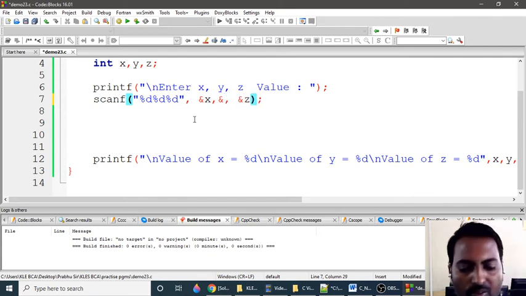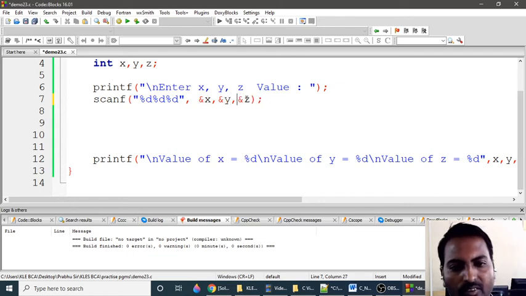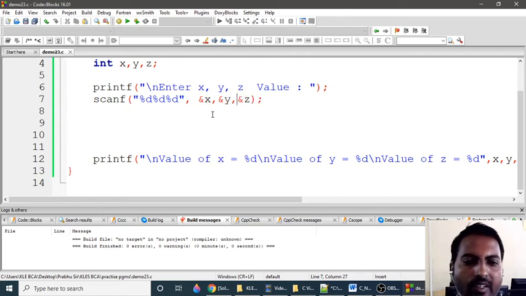So I am making use of the comma operator also. So now in a single printf, I am displaying the message enter x, y, z value. In a single scanf statement, I am reading three values at runtime.